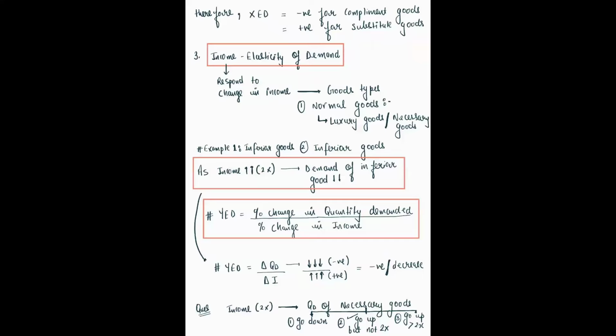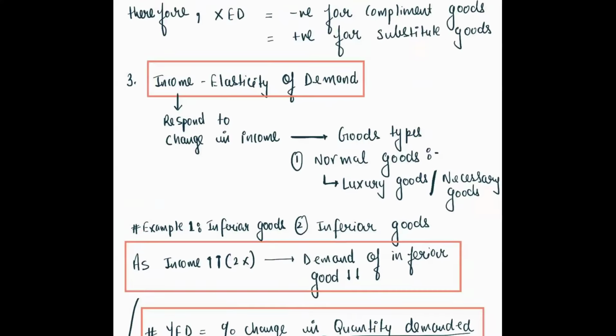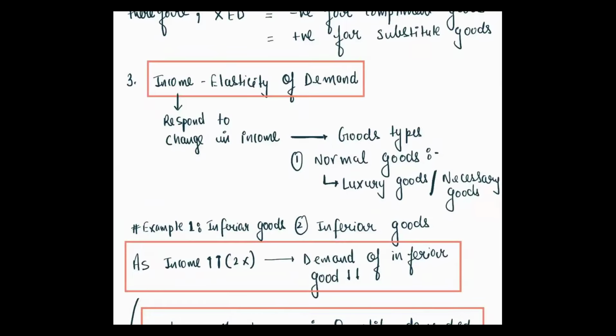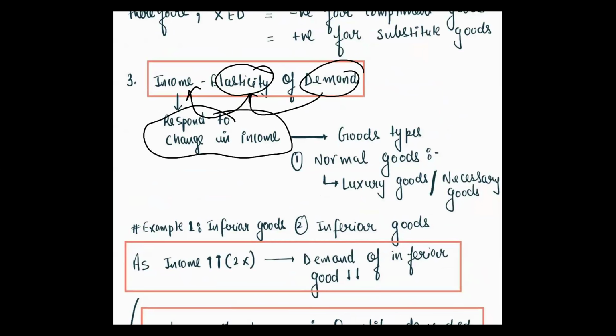इनकम इलास्टिसिटी का बहुत सीधा सीधी मतलब है प्राइस इलास्टिसिटी जैसा, ये सिंपल है, राइट? कि यहाँ डिमांड इज रिस्पॉन्डिंग विद द चेंज इन income. Here the force is not applied by the price of other goods. Here the force is being applied by income to demand to get a response, right? So respond to change in income. I hope it is clear now.